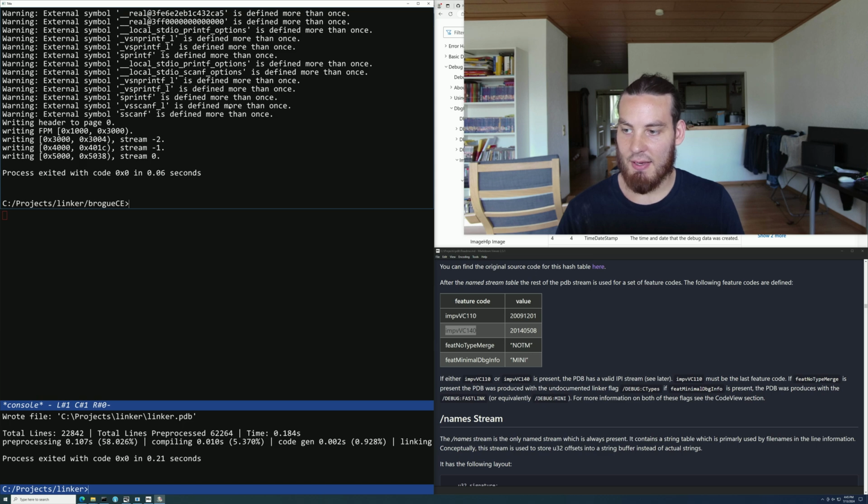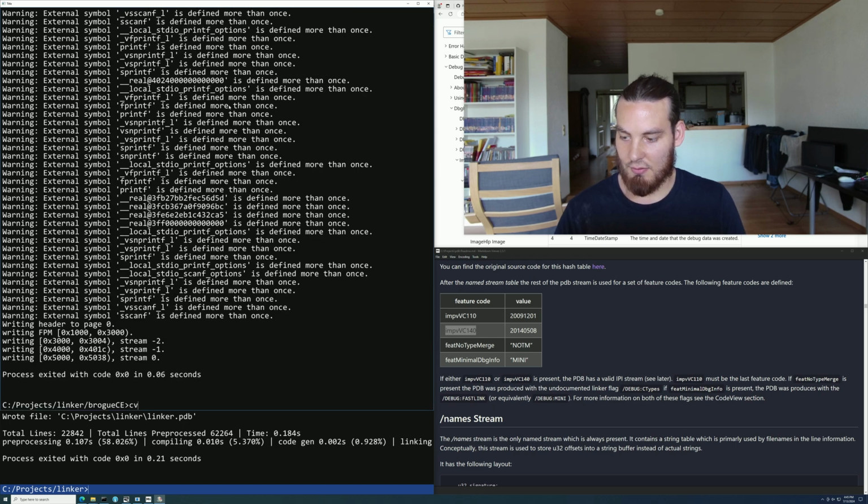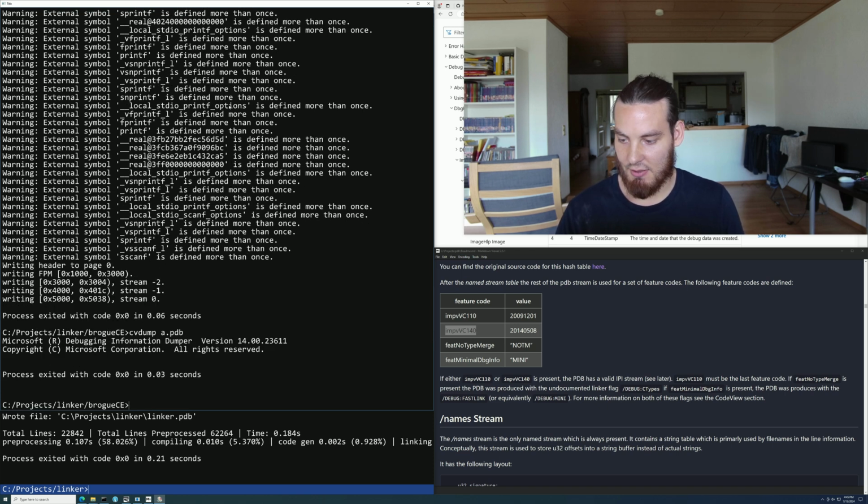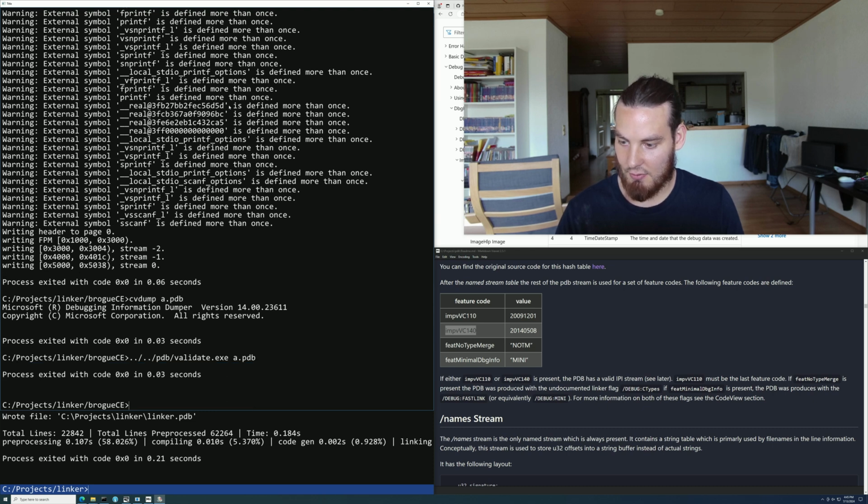And in theory, if we do cv dump a.pdb, it doesn't tell me much. And I guess /pdb/validate.exe a.pdb. That thinks it's fine. To maybe see if Remedy, so Remedy might just crash because it's a very empty file, but we will see. Remedy bg